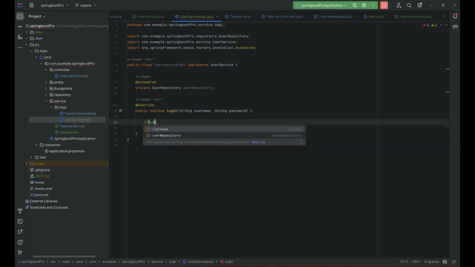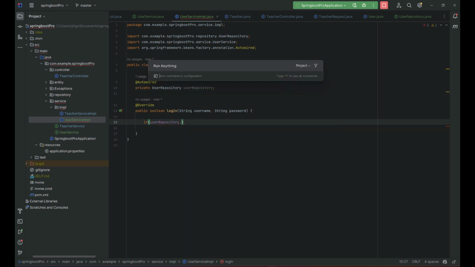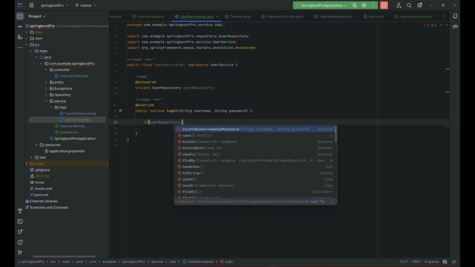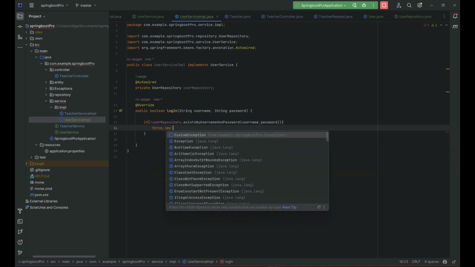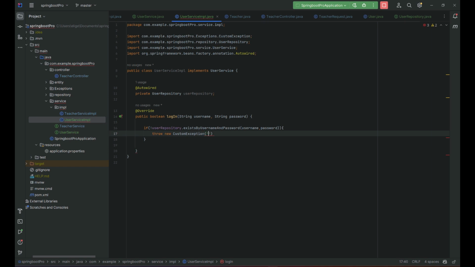And over here, all I'm going to do is to add this if statement. And inside this if statement, I'm using the user repository, and I'm passing, oh, my bad. I'm passing this exists by username and password. And all I have to do is provide the username and password. Okay, so to this, I'll just add an exclamation mark saying that basically if we didn't find this match, okay, if there's nothing that exists by this username and this password put together, in this case, we throw a new custom exception that basically says that